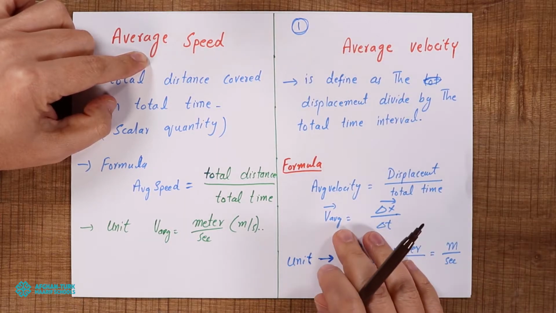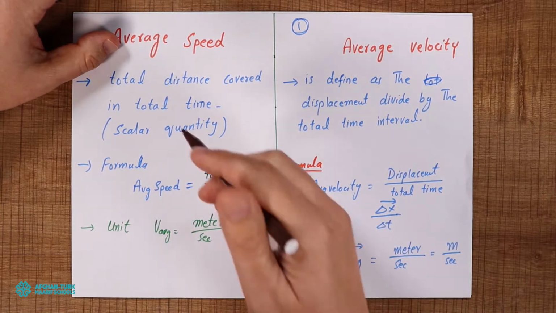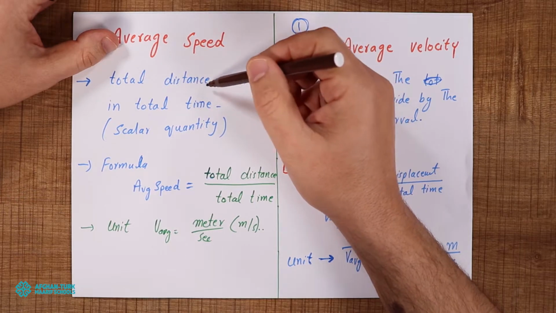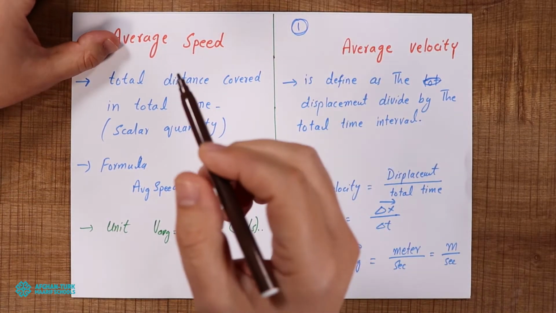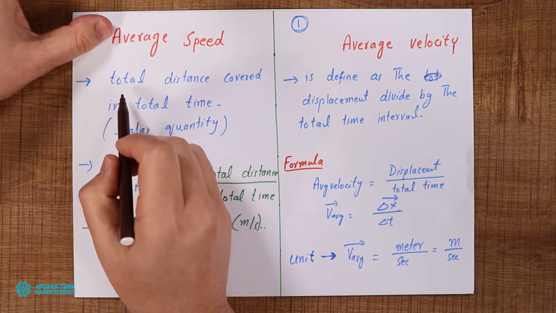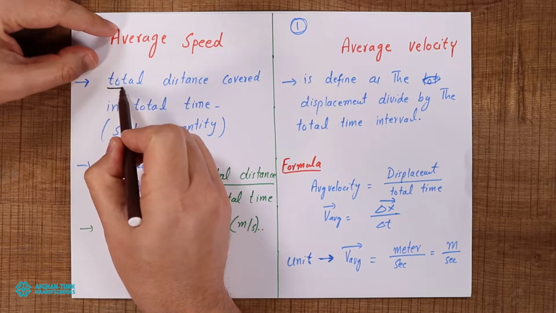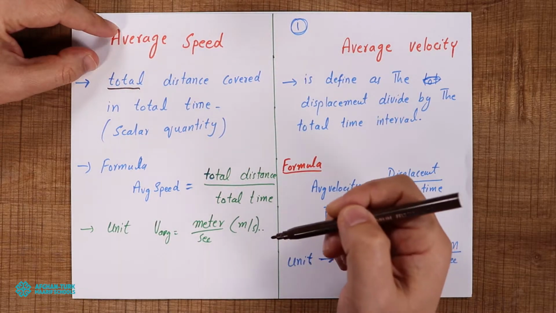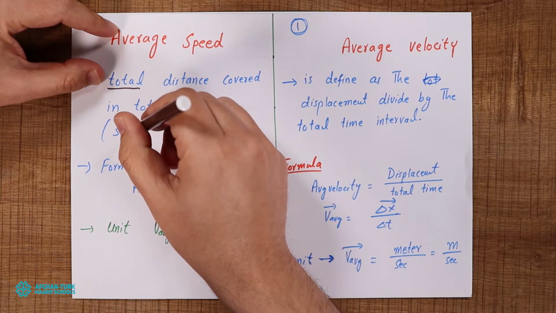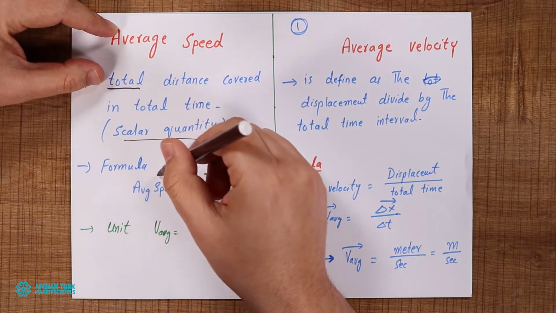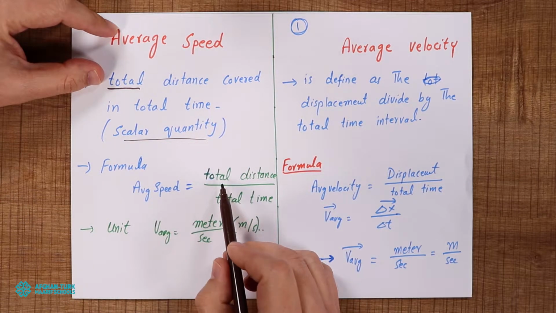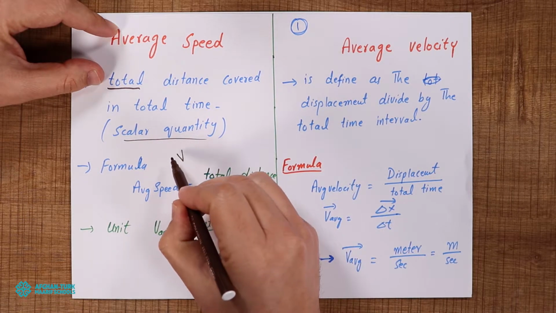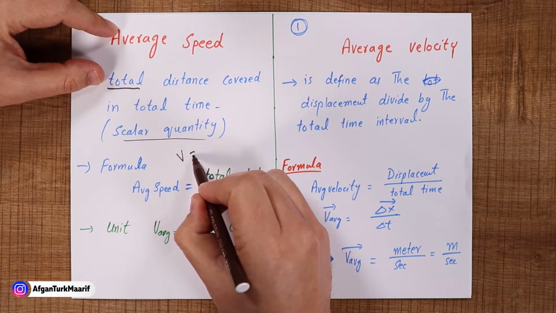So now the definition is given here. For simple speed, we say the distance covered in time. But for average speed, one word is added: total. Total distance covered in total time. This is also a scalar quantity. The formula for average speed is total distance divided by total time. But for simple speed, in the last video we discussed the formula is